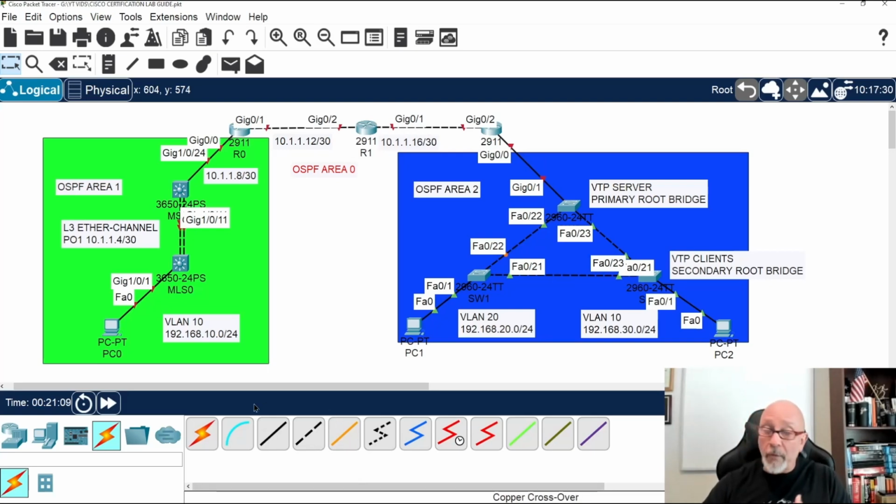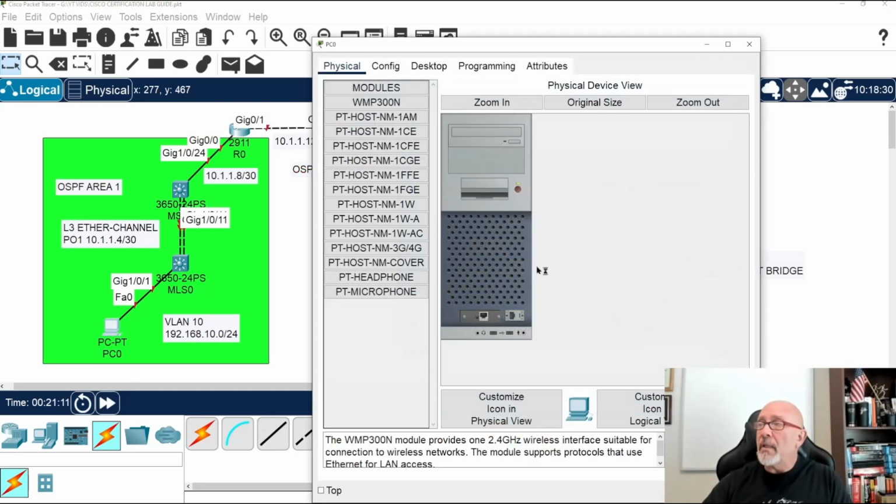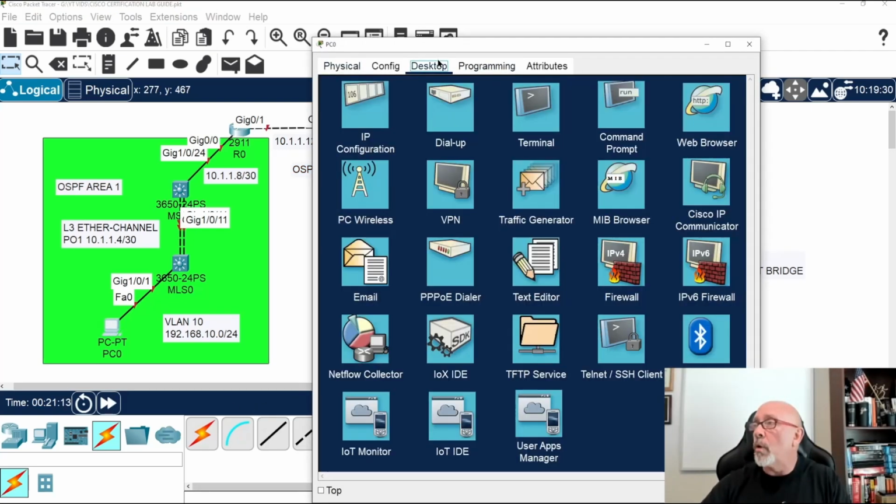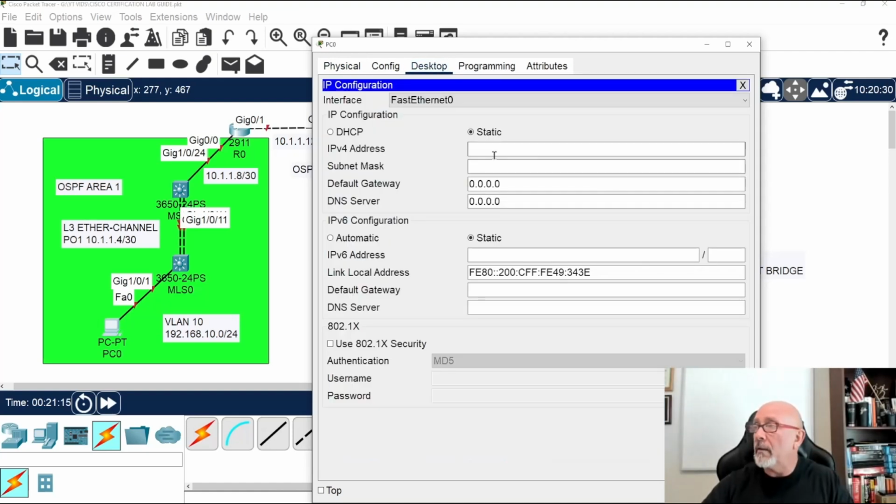All right, so first thing I like to do is go to the PC. This is the order my mind works, okay? You've got to find an order for your mind. 192.168.10.1, first available IP address. I am using a 24-bit mask, I just say tab. My gateway is going to be this switch right here. This switch right here is going to be my gateway. No longer will it be the router. All right, so my gateway will be